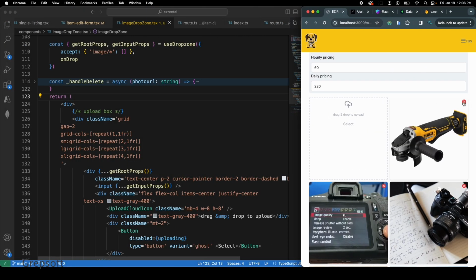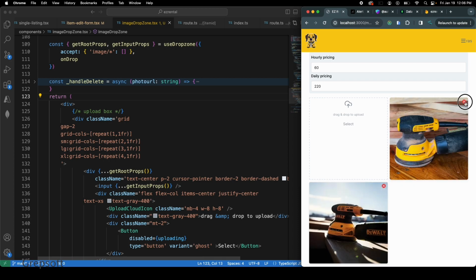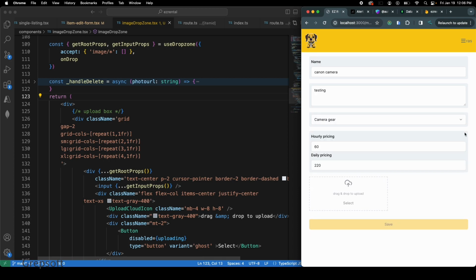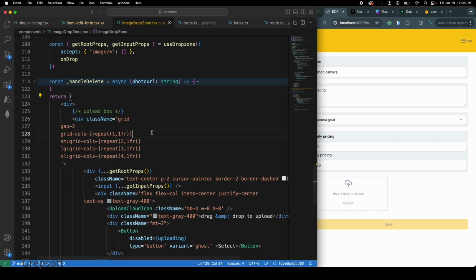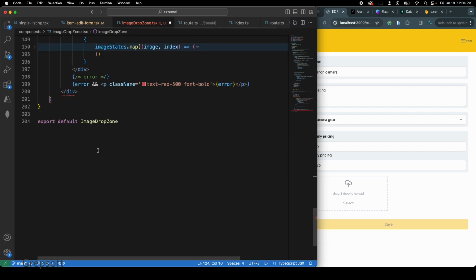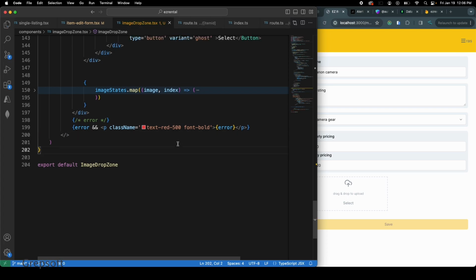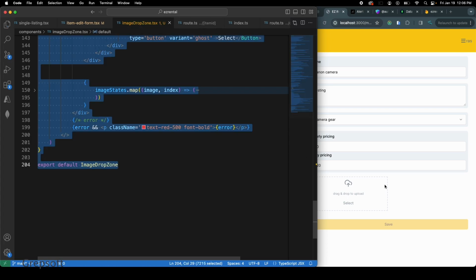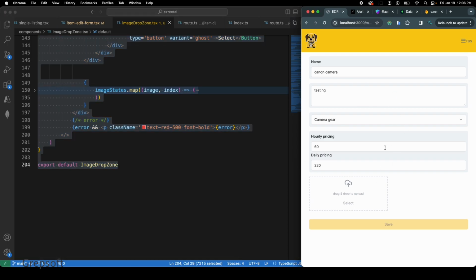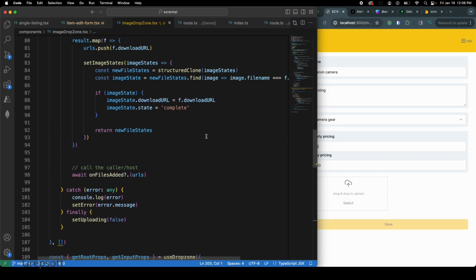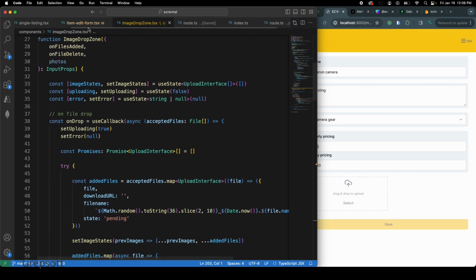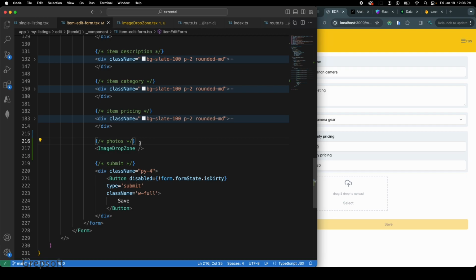So let me delete these. I don't need these. Delete, delete, delete, and delete. All right. So now what we can do is we can actually use this. I'm gonna just put this back to its original state. I just leave it like that. So now we are done. We're done with the image drop zone, and now we can just take this like how we have done and use it anywhere basically